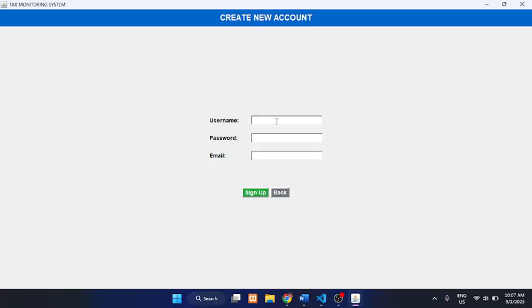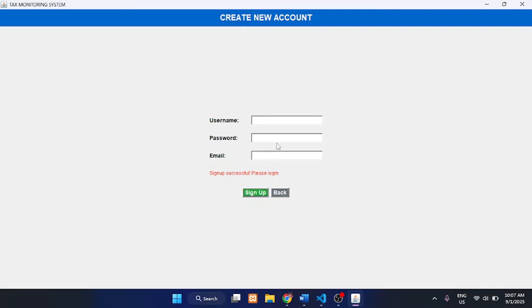For example, admin, and then the password and email, gmail.com. Then sign up, and after that, the sign up is successful.